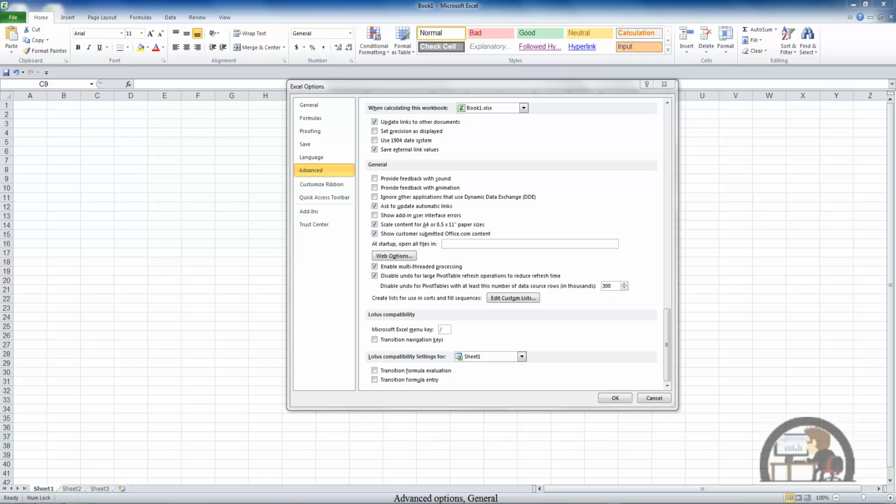The next item, scale content for A4 or 8.5 by 11 paper sizes, has to do with Excel automatically getting information from the printer as to what the size paper that it's printing on is, and then scaling the content accordingly. The next option, which again is selected by default, show customer submitted Office.com content, has to do with the